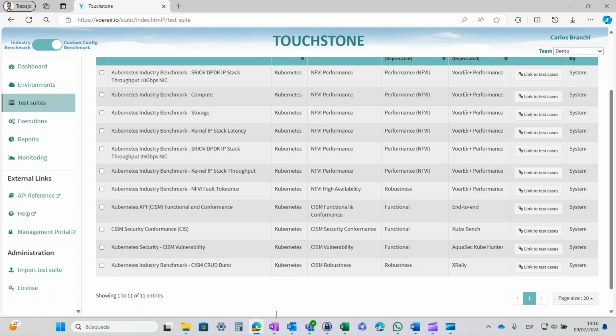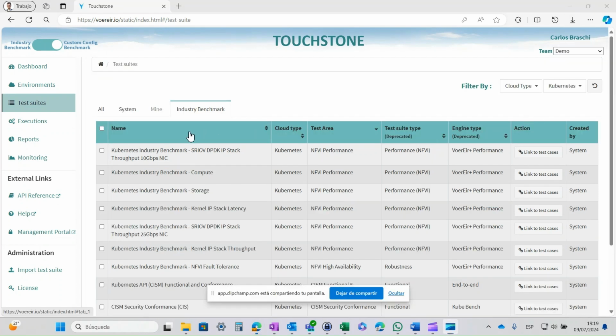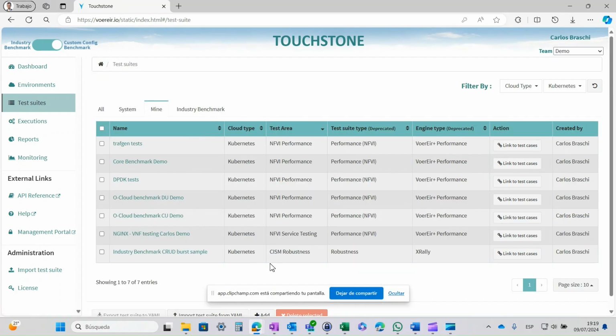Finally, we have a robustness test case that runs a burst of load on the control plane to see that it is not only good at performance, but also robust, able to recover. Now, let's see what kind of test cases we can have in one of these test